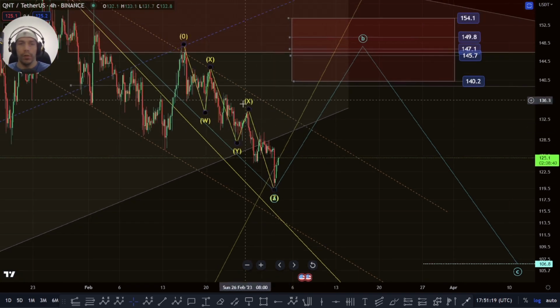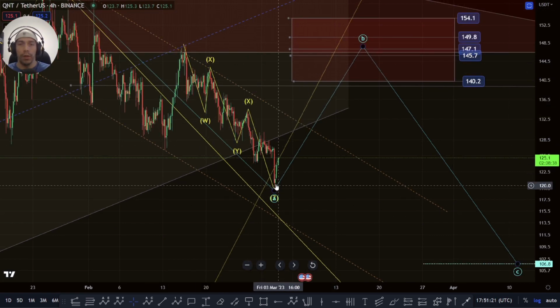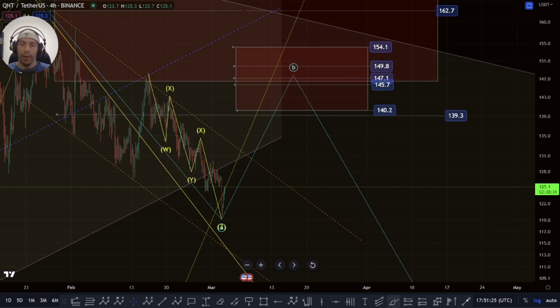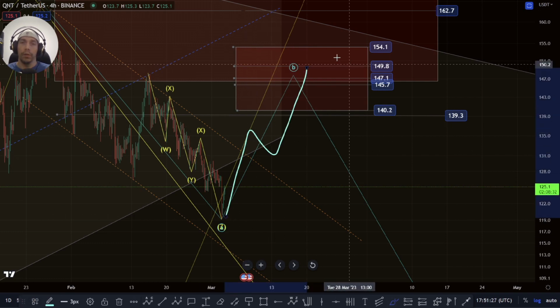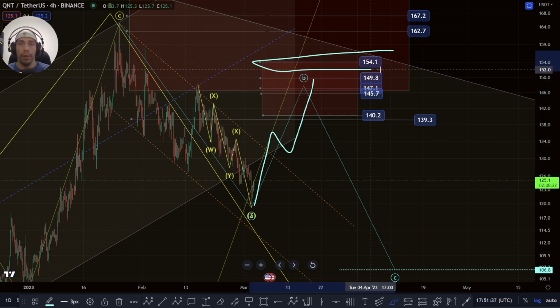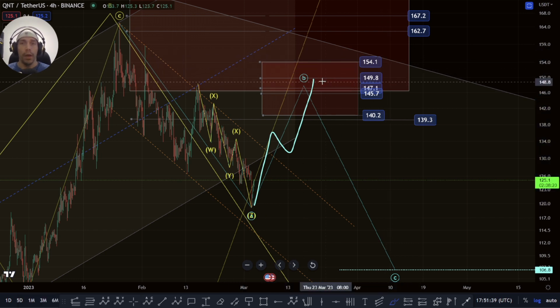And if we do start to take some of these X waves, then we can be looking for that potential for this B wave up here. This B wave, like I said, is a three-wave move up into this zone, looking for rejection at that 154.1 to this 140.2. If, however, we do push up past this 154.1,